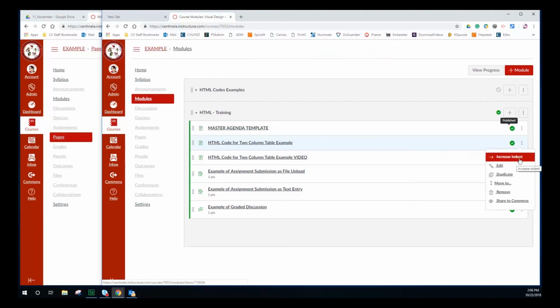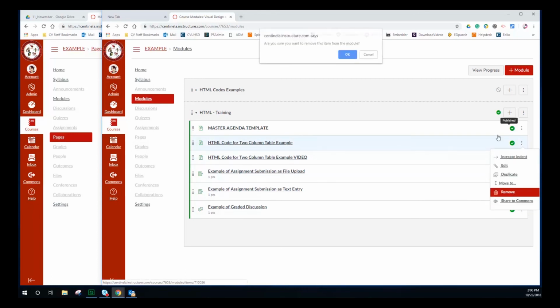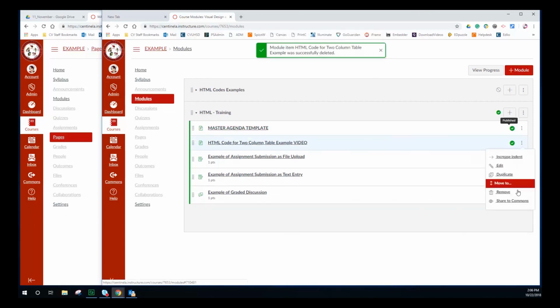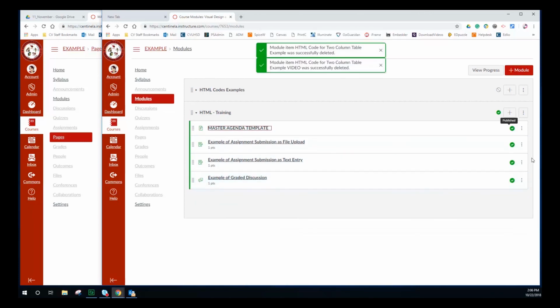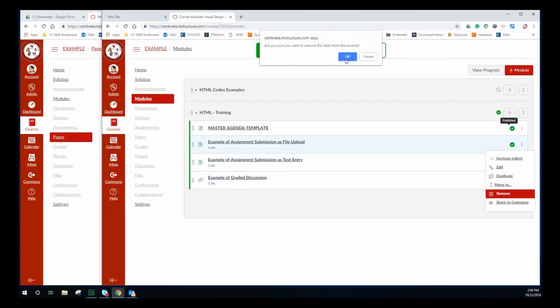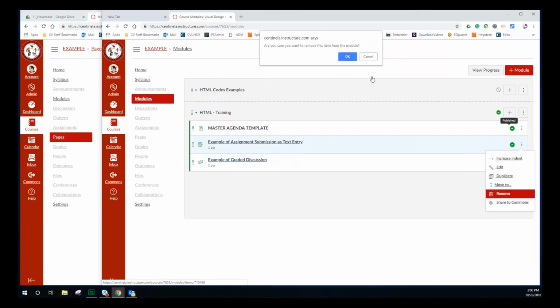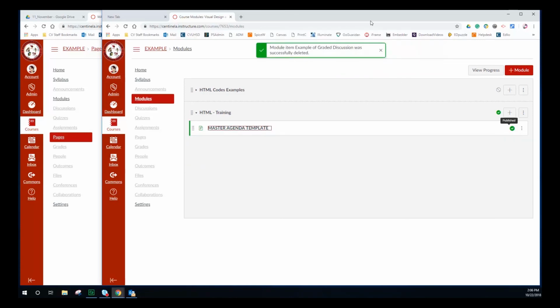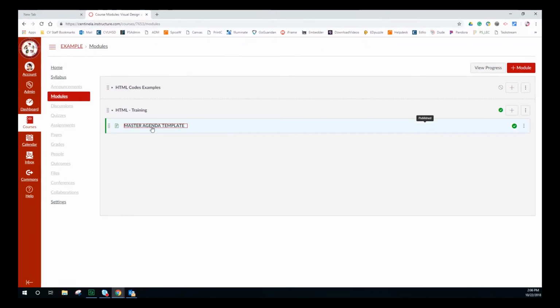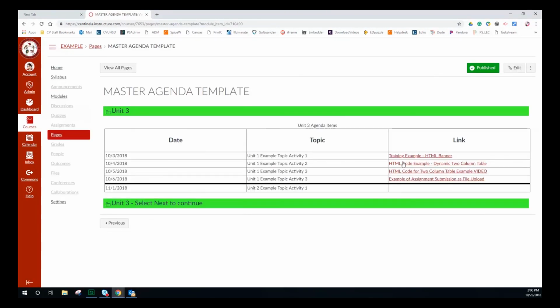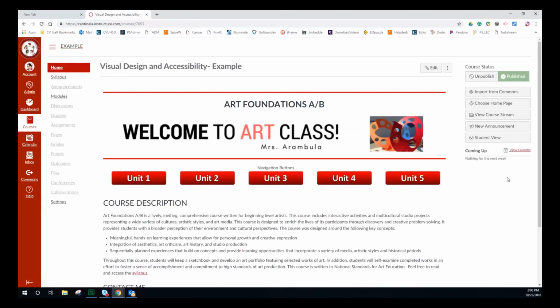They already exist within the individual items within your course navigation. If I remove this one more time, you are not deleting it. You're only removing it from view from this module. The item already exists within the Canvas navigation. Now there's only one item within that unit, and all of the items the students need to access are within this page. If I go to Home and select Student View,